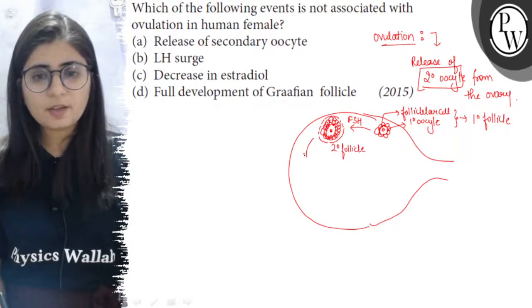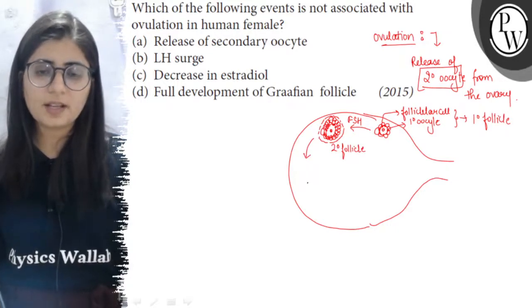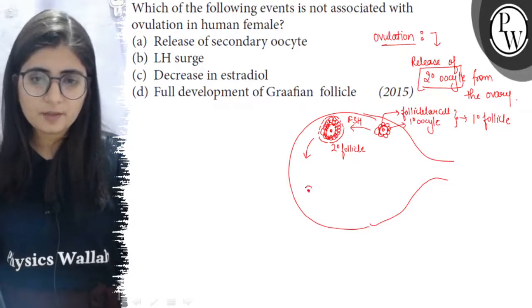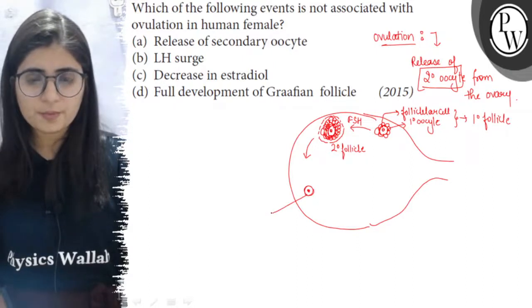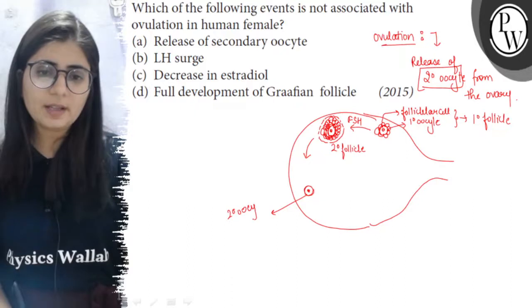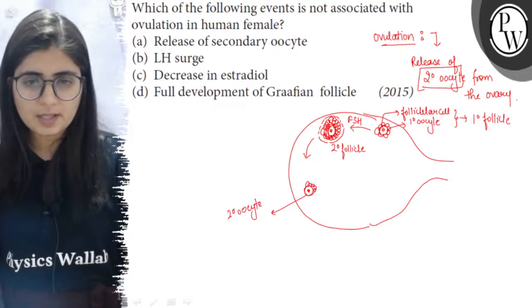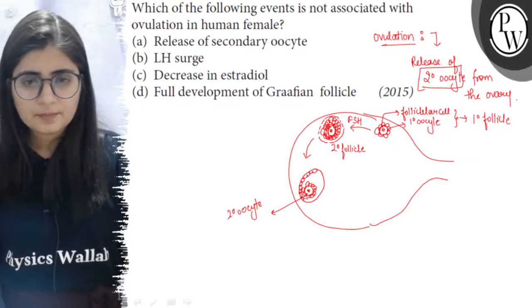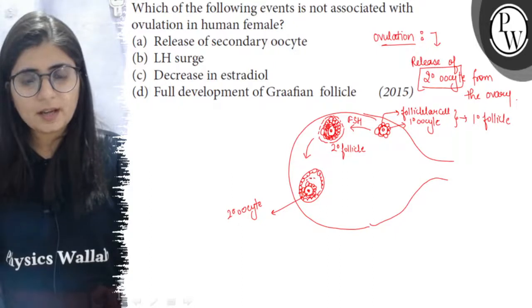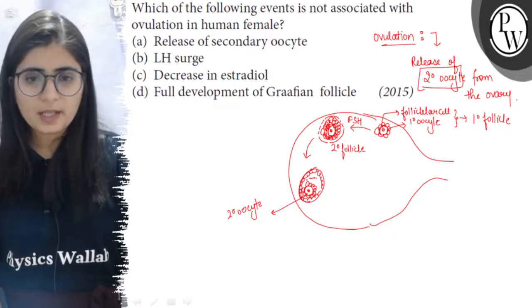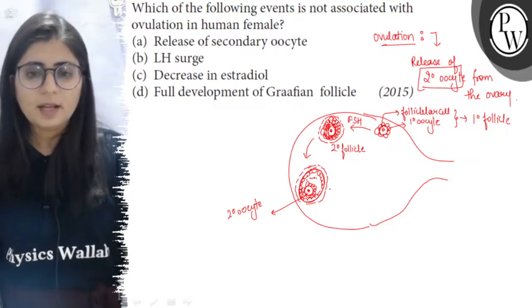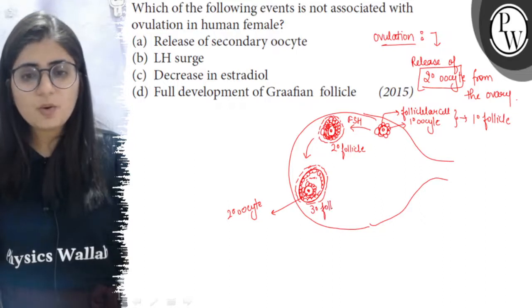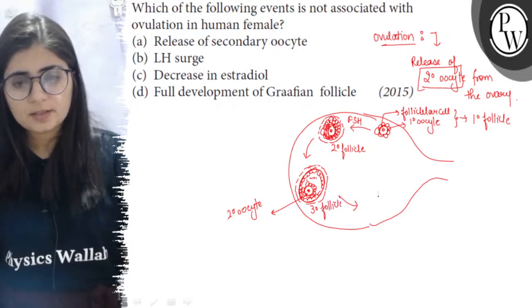Now the secondary follicle grow further to form the tertiary follicle, which is characterized by the presence of a cavity, fluid filled cavity, and also the primary oocyte completes its division and it forms the secondary oocyte. So in tertiary follicle there is secondary oocyte and also these are the follicular cells, and along with this there is a cavity, and this cavity is the follicular cavity, and here there is formation of theca interna, which is the inner layer, and there is formation of theca externa,